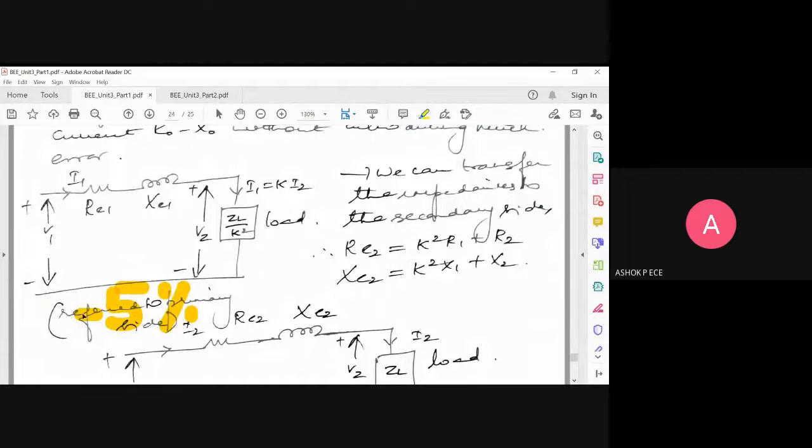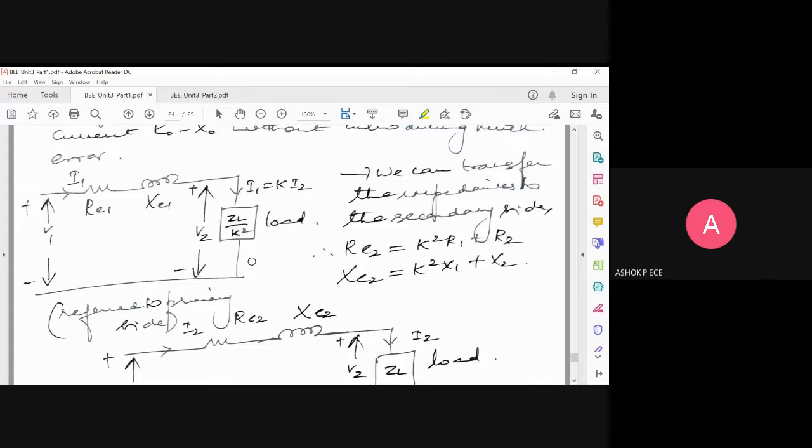Full load means, see, on your transformer secondary, you can connect many appliances in parallel. I'll give you a simple example. In your house, all the appliances you use are connected in parallel, right? Assume that they are connected to the secondary of a transformer. So when you switch on your AC, when you watch TV, when your mother is preparing food, she is using a mixie, when you are using a microwave oven, when all the fans are running, that is going to be a full load condition. The transformer voltage is fully consumed by all the devices. That is a simple example of full load.